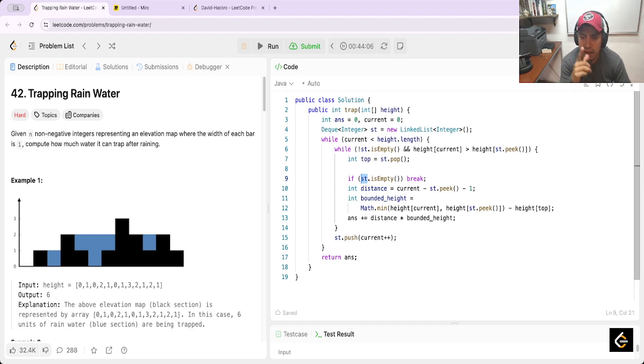Current and stack peak less 1. Current, for example, is this. But what is current? Current is the index. The index is, for example,